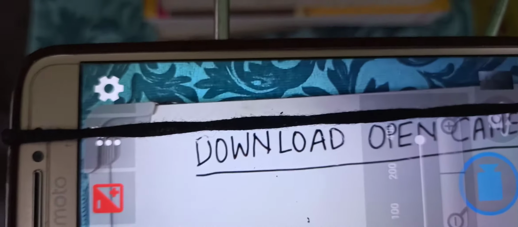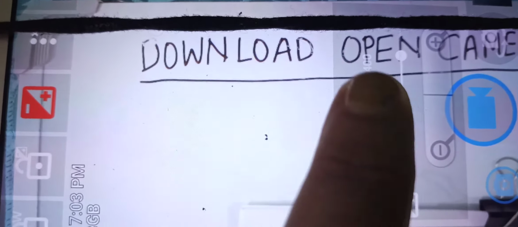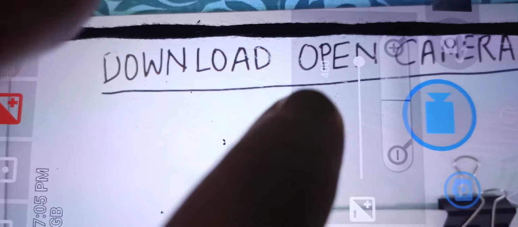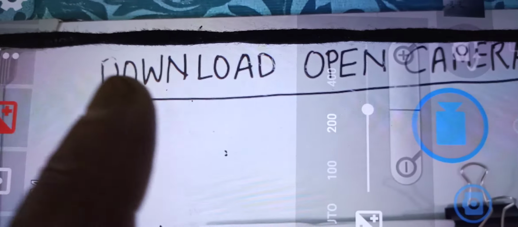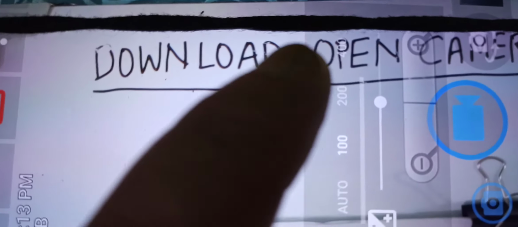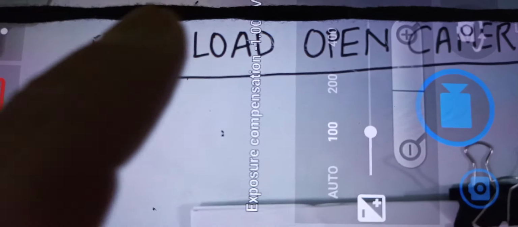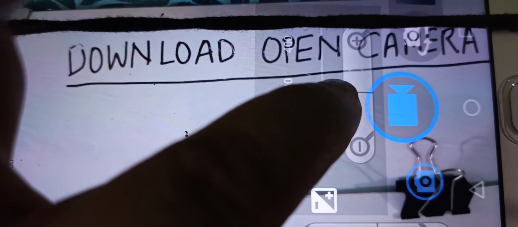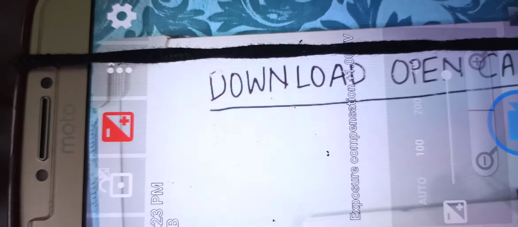For example, let me show you by changing the brightness. You can see this bar here. If you change the brightness, the visibility of the things written changes. So you can adjust it until you are satisfied whether this is the right brightness or you want more.